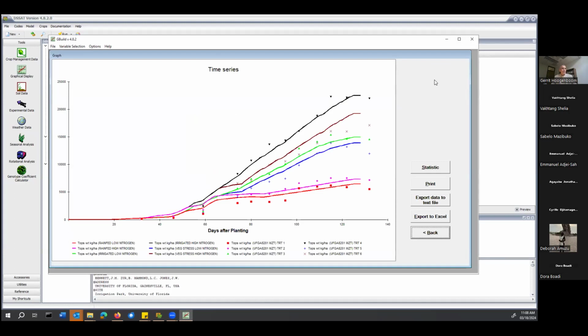Similar to what I showed you in my earlier slide, the lines correspond to simulated and the symbols correspond to observed. Now, in general, we can see that the model does a fairly good job of simulating high water, high nitrogen, which is this black line, versus rain-fed and low nitrogen shown at the bottom of the graph. Now you might say, okay, this is great, but this is visual. So we also have a statistic option shown here on the right. If I click on statistic,